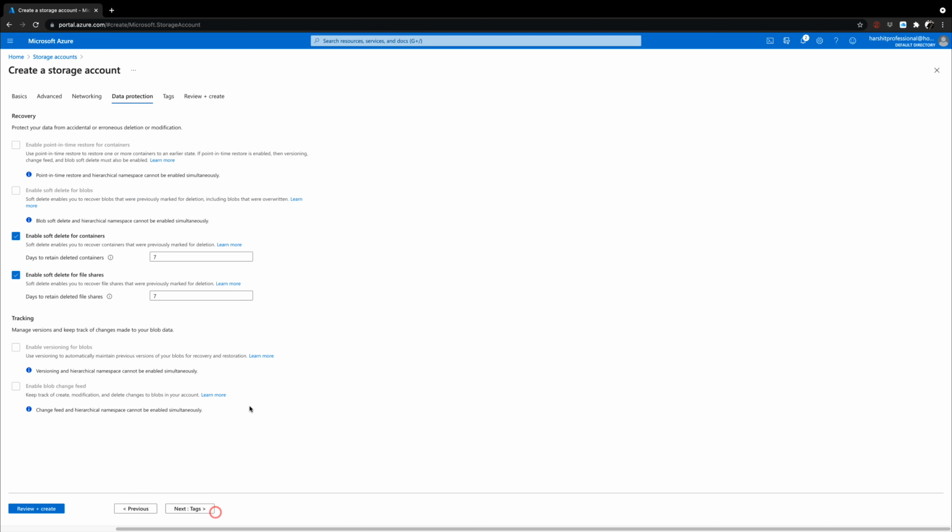Next, if you go into data protection, guys, enable soft delete for containers or file shares is a great way to protect your Azure files and your containers, because it actually works like SharePoint. If you already know, in Office 365 we have SharePoint document libraries, so Microsoft chose this option from there, guys. I would like to share a quick story here, because I worked in the disaster recovery team in Microsoft,